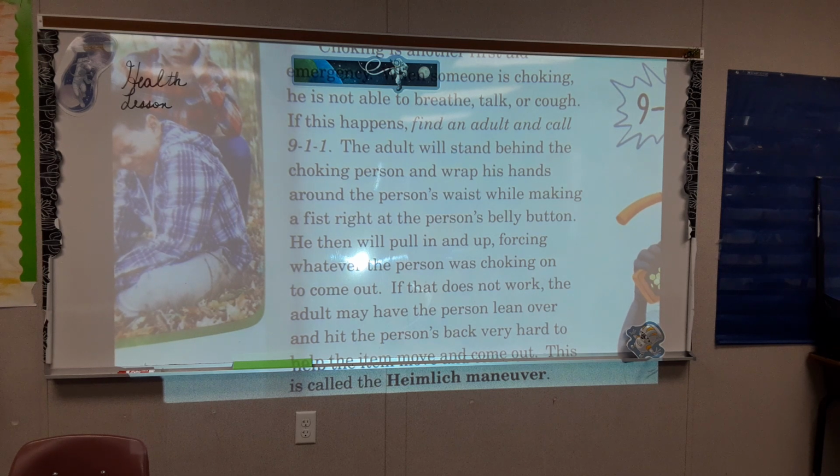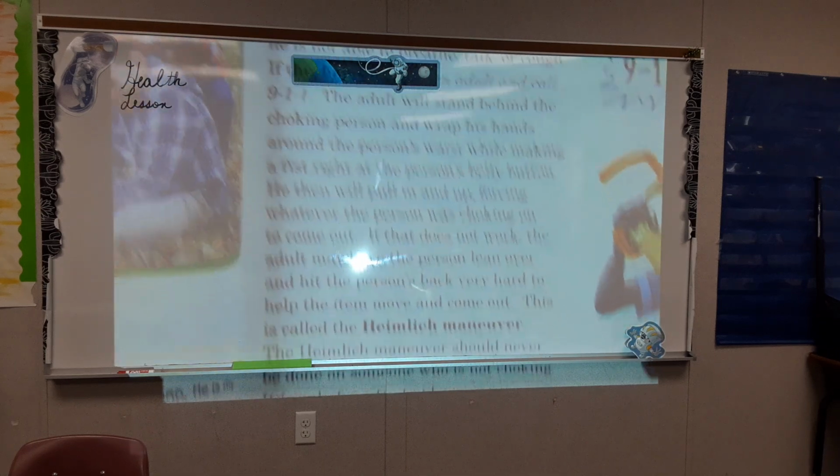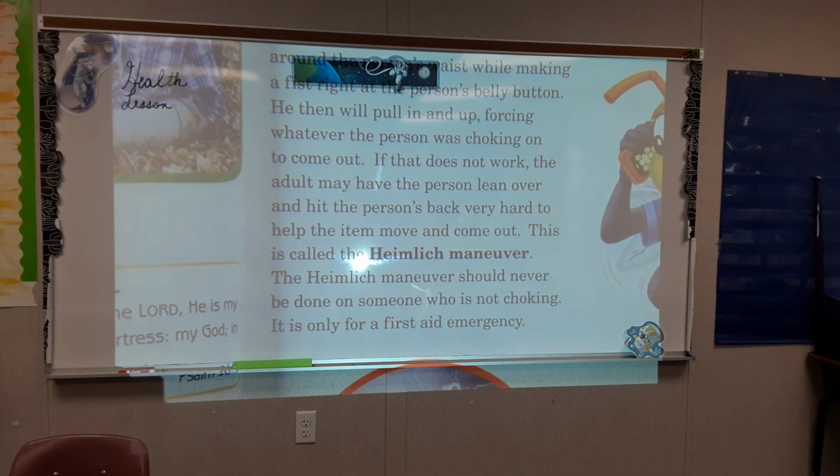He then will pull in and up, forcing whatever the person was choking on to come out. If that does not work, the adult may have the person lean over and hit the person's back very hard to help the item move and come out. This is called the Heimlich